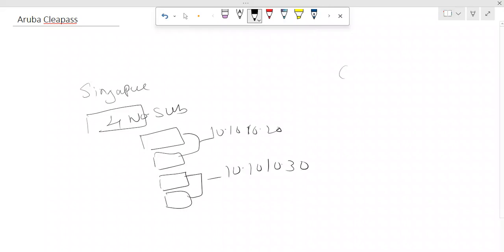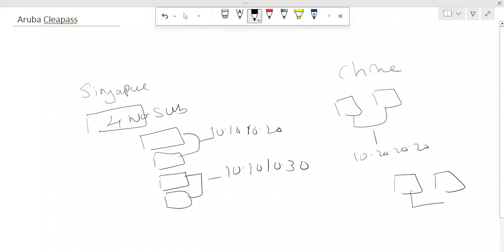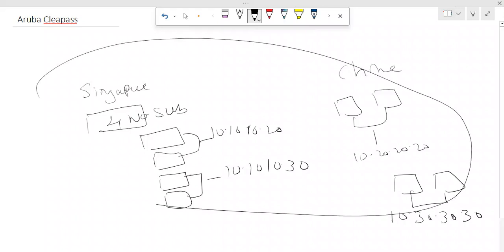The second one is China. There are 2 servers. For example, you can bind one virtual IP, 10.20.20.20. The third one is Philippines. You can bind the 2 server IPs with 10.30.30.30. So you have this as a single cluster of all the servers. If you configure the redundancy for China, Singapore and Philippines, you can